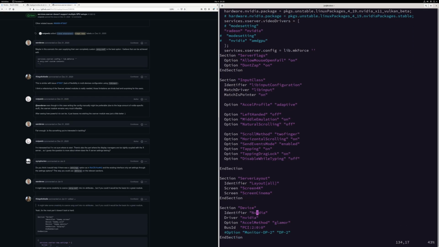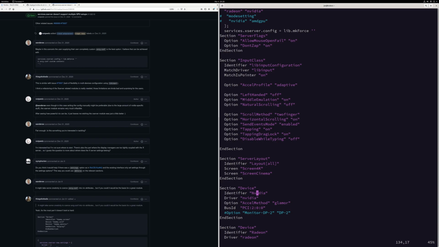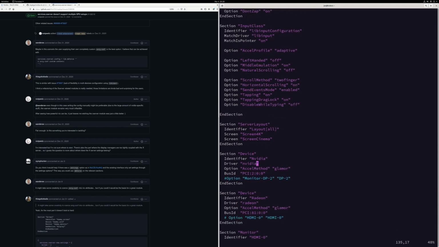What turned out to be the right config is something where, I would probably need to bisect a bit more to know exactly what works here, but I think the key is an Nvidia device with the driver nvidia and an explicit bus ID,